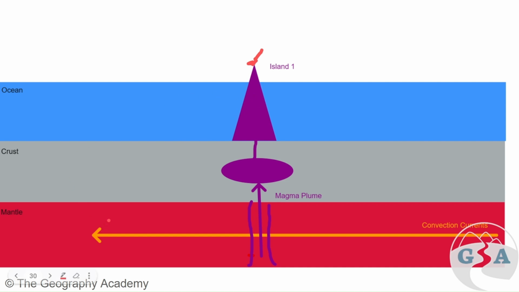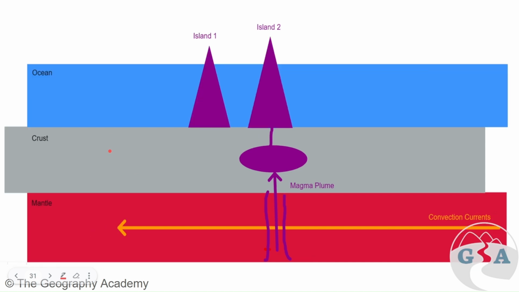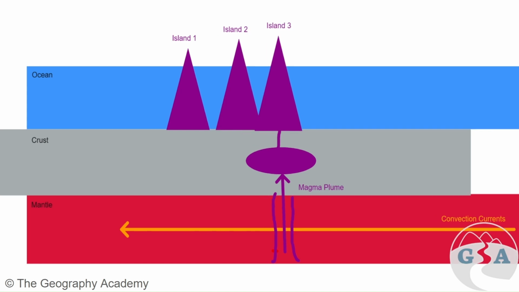Now, if we imagine there are still convection currents at work here, this means that this crust is going to have to move on to a new location and move in this direction. As it moves in that direction, the magma plume stays in the same place. It builds up a new magma chamber, and then it erupts and creates island number 2. And this one is going to be volcanically active as well. And this process just continues as